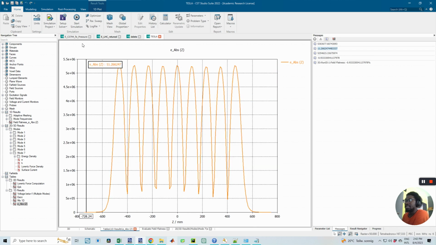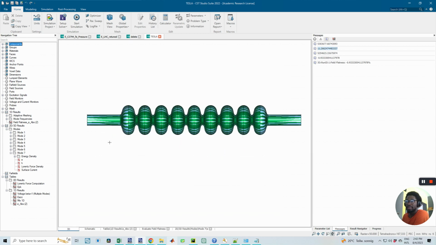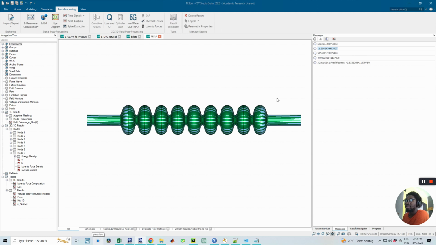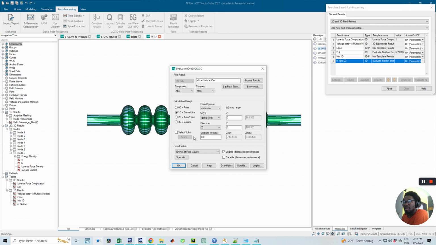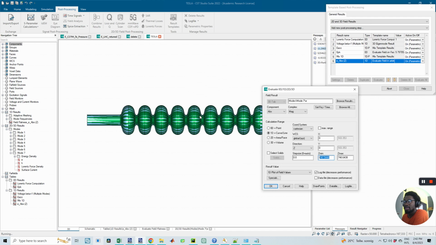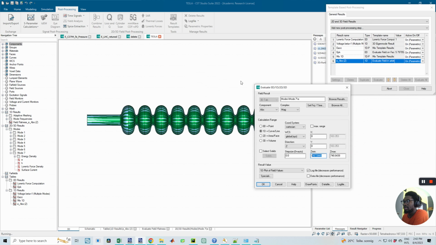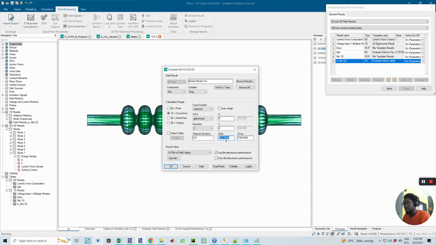So for the EZ, instead of getting for the entire length of the cavity, I'm only going to evaluate for the cells. So I'm going to go ahead and modify my result template, E absolute Z, and then settings, and then I'll go to Z, and then what I want to do is I do not want the max range. I want to get from minus Tesla cavities 1, 2, 3, 4, 5, 6, 7, 8. So I'm going to get from the left hand side, which is going to be minus